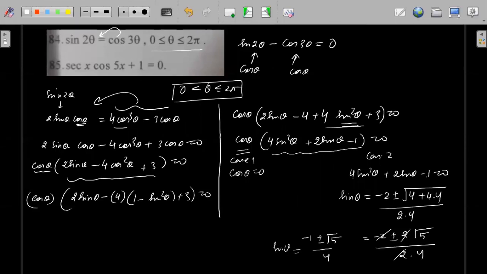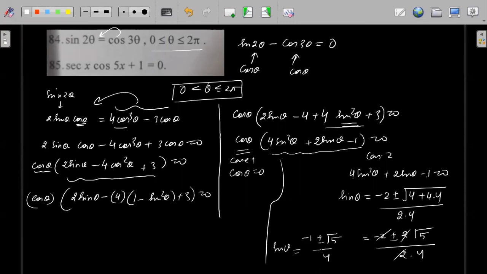Sir, we can eliminate case 1 by dividing. No, you cannot divide by cos theta. Suppose cos theta is 0. If cos theta is 0, then cos theta and cos theta cannot be cancelled out, so you will remove this solution altogether. But cos theta can also be 0. So if you cancel out cos theta, then you are taking out cos theta completely, right? Okay.